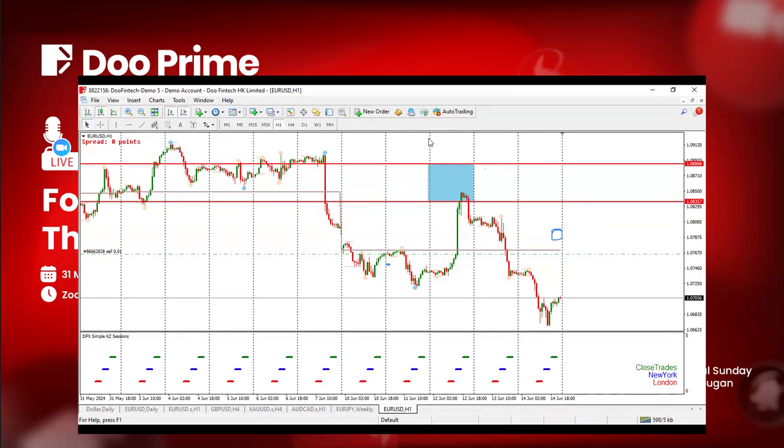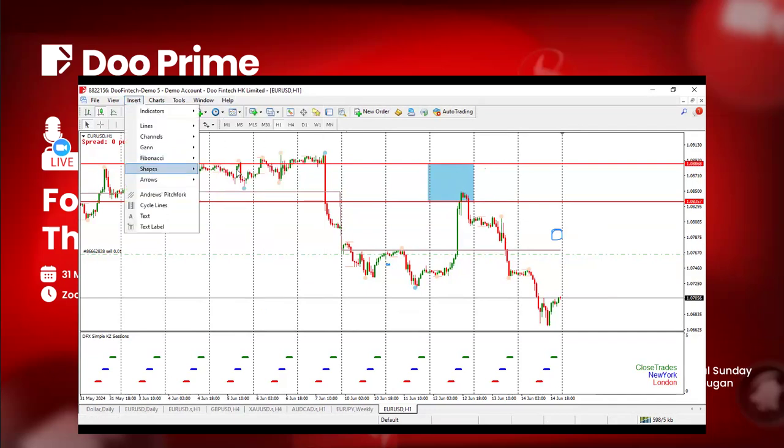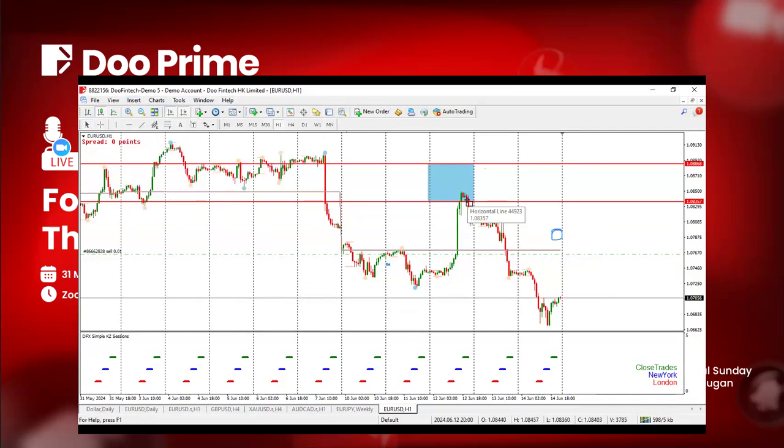Now, the reason why I didn't enter the market around here, let me bring this out for you to see something. Why I didn't enter the market there was because of fair value gap. Do you understand fair value gap? To some extent. Okay. Now, this is a fair value gap. The space between these three candles is a fair value gap. See that space here? That's a fair value gap.